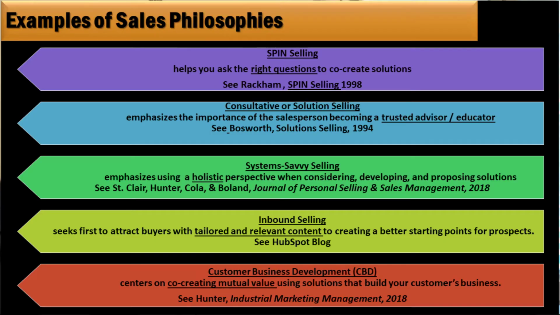Inbound selling then is really this idea that's from HubSpot. And inbound selling's real effect is that it works more through being found by customers. So the idea is that instead of going out and doing interruptive marketing, which is like advertising, those kind of things where people are watching football and they see an ad and it interrupts what they're doing, that's called interruption. That's traditional marketing. Much of the world of marketing has been dominated by interruption, and inbound selling is kind of a corollary to inbound marketing.